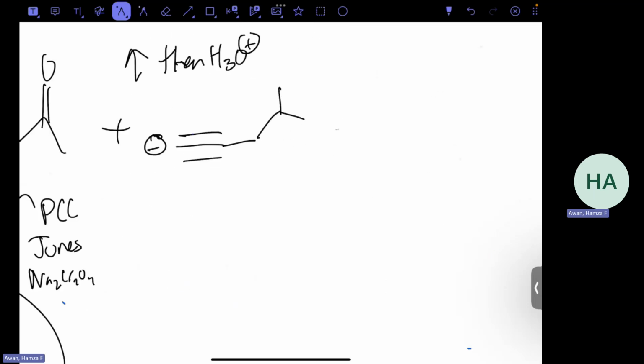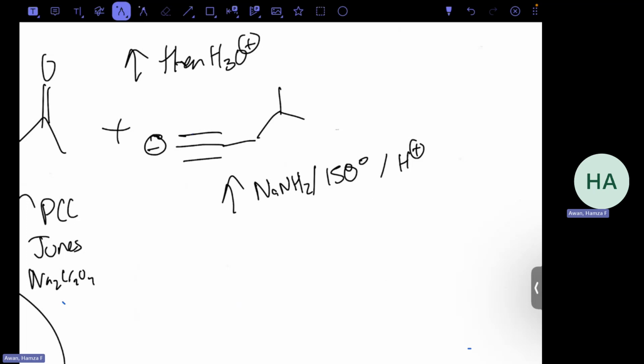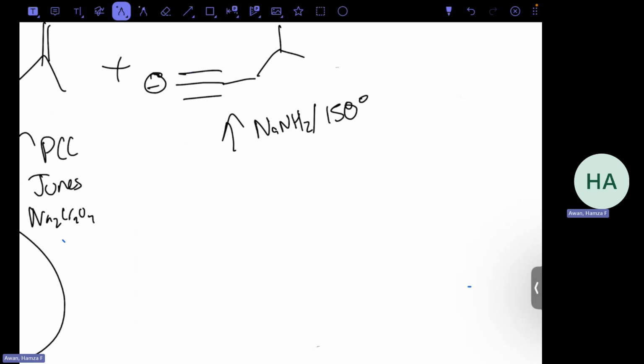But now we have to create acetylide, right? So whenever we're creating acetylide, what we can do instead is that we can just do that NaNH2, 150 degrees, right? 150 degrees without the H3O plus. So if we added H plus, it would become just a regular terminal alkyne, right? But because we just added the 150, it deprotonates the terminal alkyne, creating acetylide, right? So we have our terminal alkyne right here,